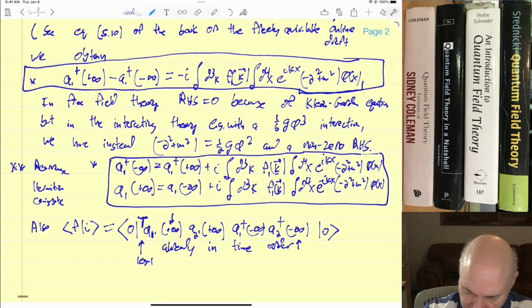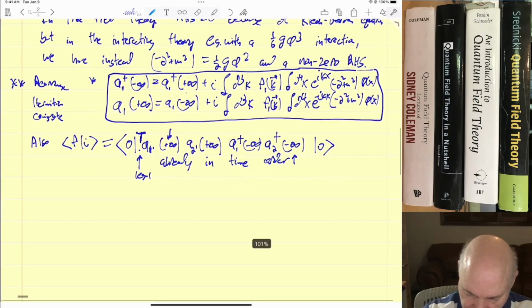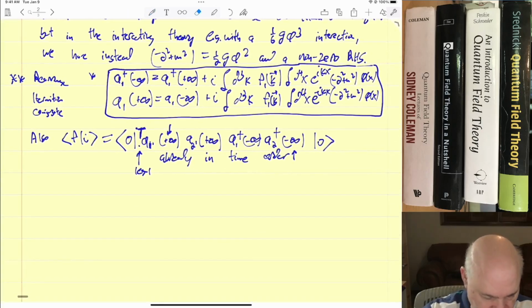I'm going to get an a1 dagger at plus infinity, but by the time ordering, that's going to go all the way over here, and it's going to annihilate to 0. Similarly, when I put in a1 at plus infinity, I'm going to get an a1 at minus infinity, which is going to go all the way here and annihilate to 0. So this is good, because now we're going to end up getting